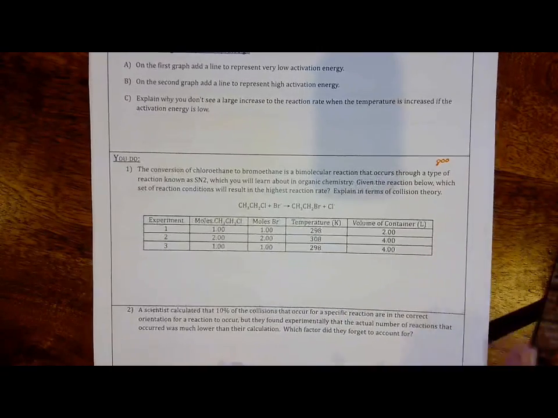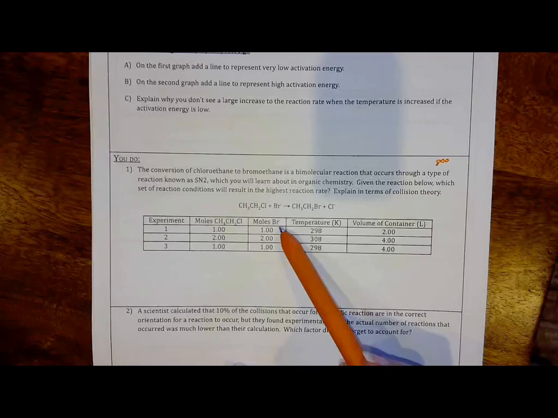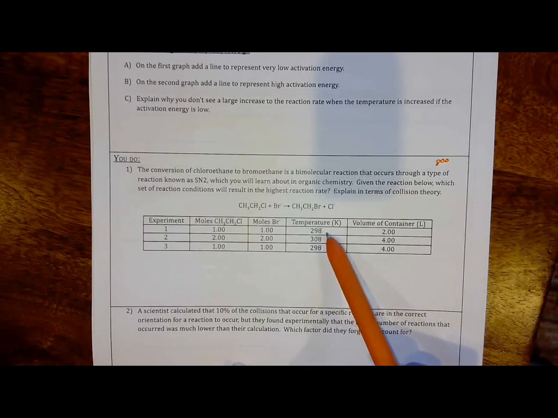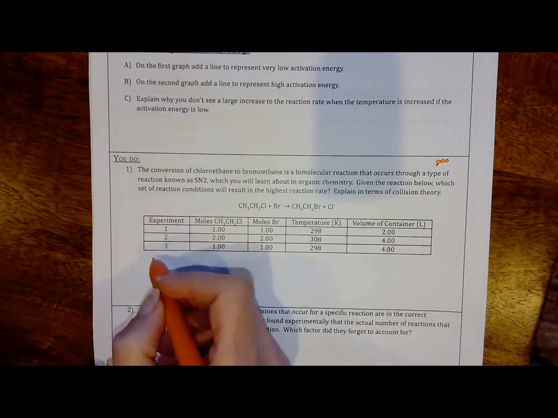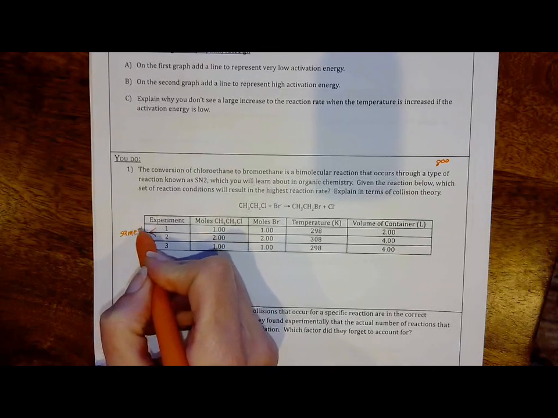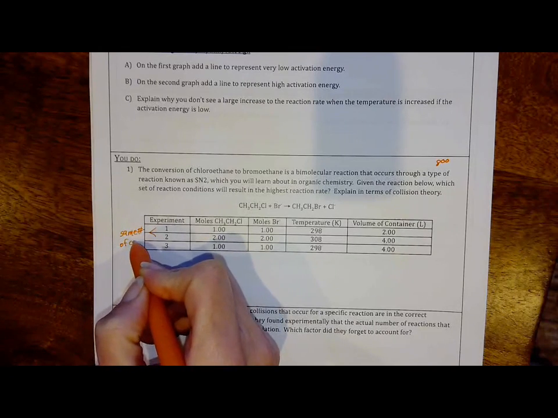So, here we have 2 moles in 2 liters. Here we have 4 moles in 4 liters. And here we have 2 moles in 4 liters. So this is the least concentrated, and it's at a lower temperature. So that is not going to increase the number of collisions. Here we have the same concentrations because we have 2 moles in 2 liters and 4 moles in 4 liters. But this one is happening at a higher temperature. And so experiment 1 and experiment 2 have the same number of collisions,